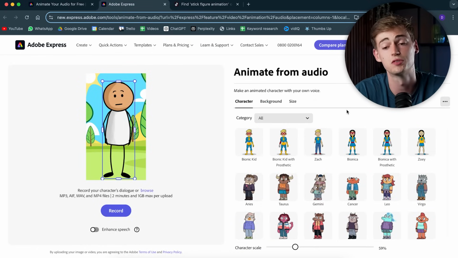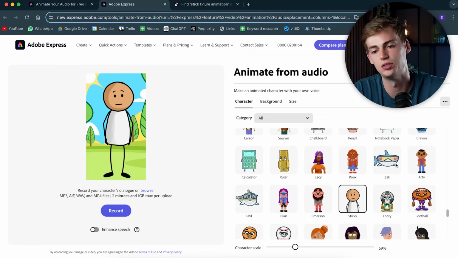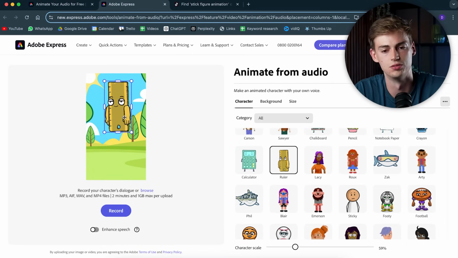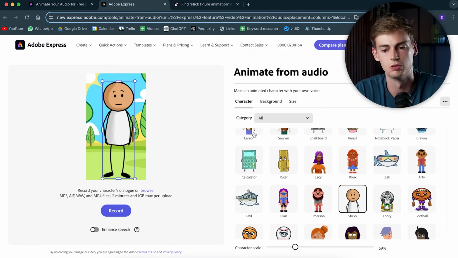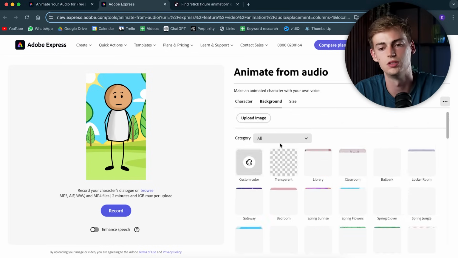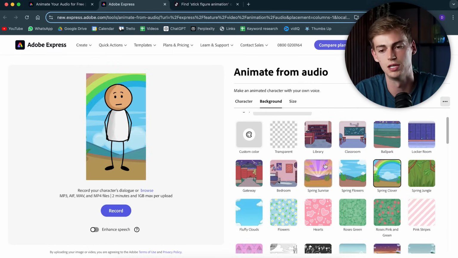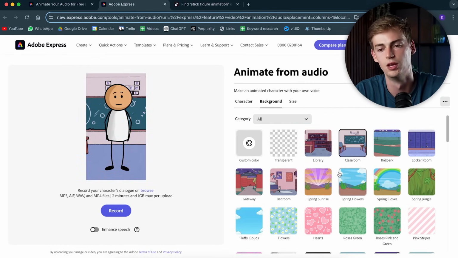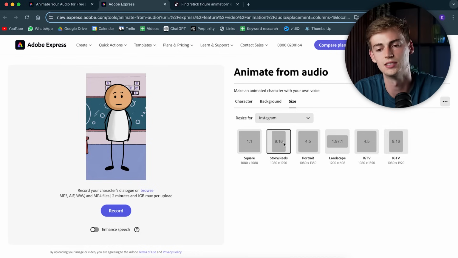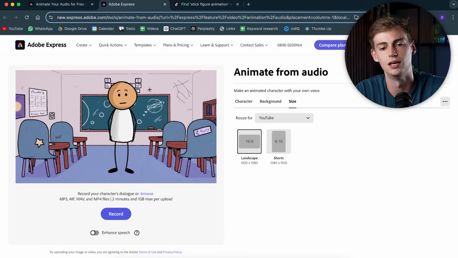So the way it works is first you choose your character. I've used one that's called Sticky, and you can choose anything that you'd like. You can also do this dude, for example, but let's go with this. Then you choose your character scale if you want to make them bigger or larger. Then you can change up the background to anything that you want. So you can do, for example, this rainbow. You can do the classroom, whatever you like. Then you can change the sizing. So let's say you want to change it to YouTube, then you can do 16:9, and this makes it into